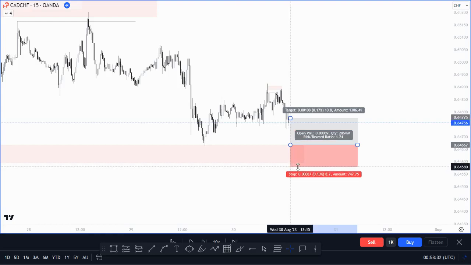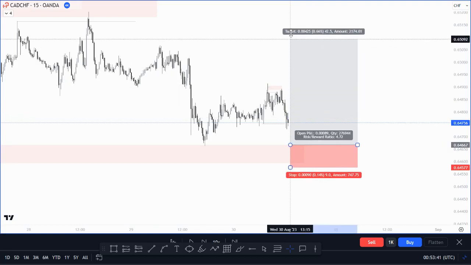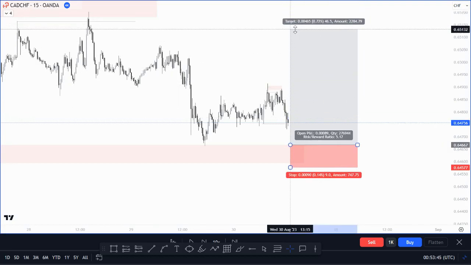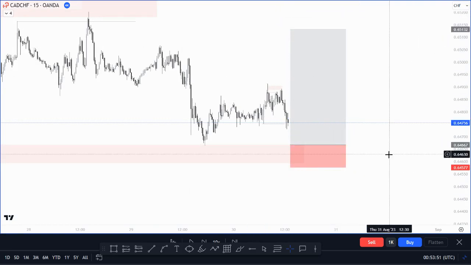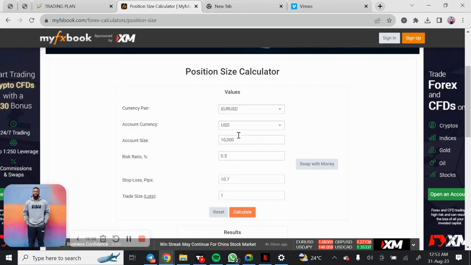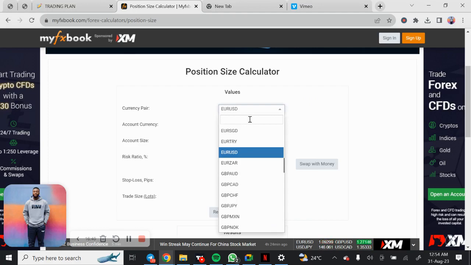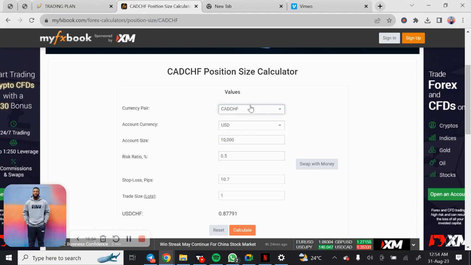Assuming this is, let's say, a 9 pip stop loss, and you want to target 5R. You want to be consistent with this 5 risk to reward. What do you do? You come here on your my FX book. Sorry, I made a mistake earlier. On this point, they wrote currency here. You change it to that particular pair you want to trade. By changing this to the pair you are trading on,